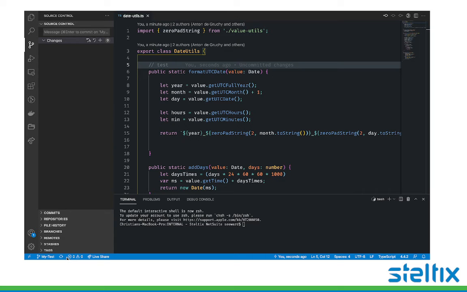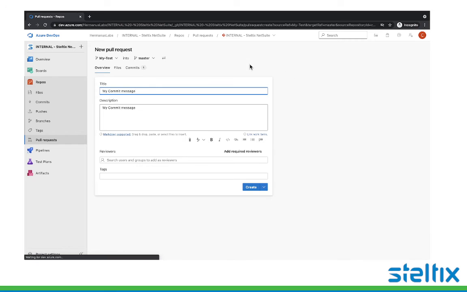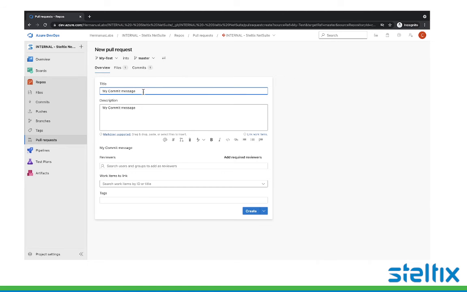Typically, you push to your branch, my test, and then you come into here and you say, okay, I've updated my branch. Now I want to create a pull request, and that pull request gives you a commit message at